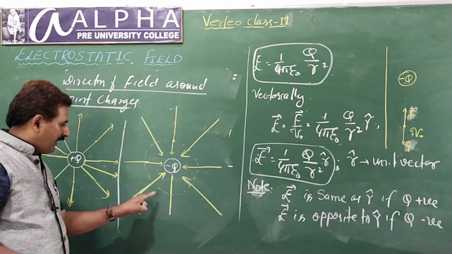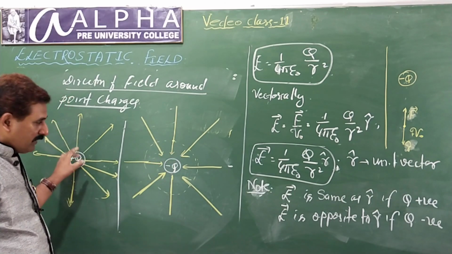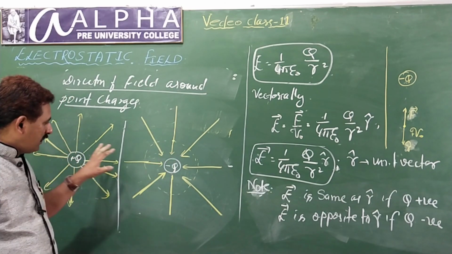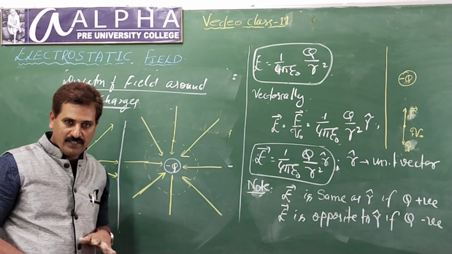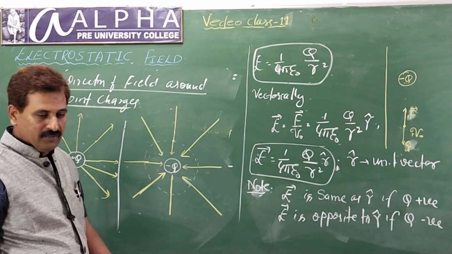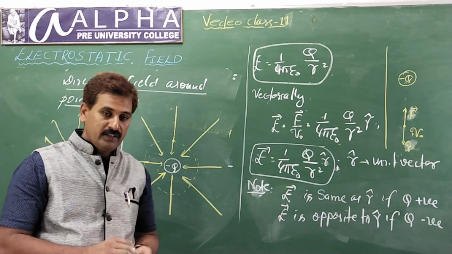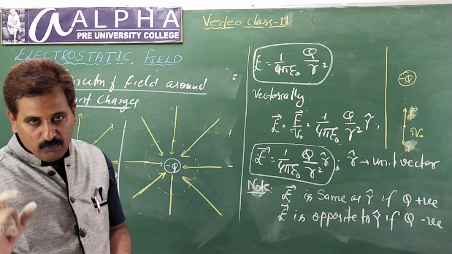The field lines converge here, and diverge there. They diverge from a positive charge and converge into a negative charge. This is how you write. If both are considered together, we can join them. I'll show you that in the next section. Before that, I'll take up one more point.